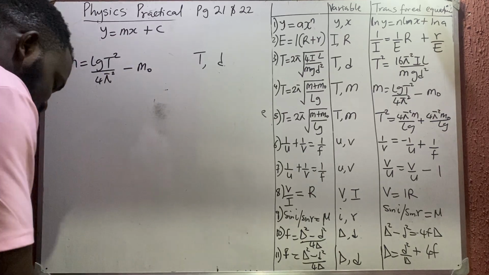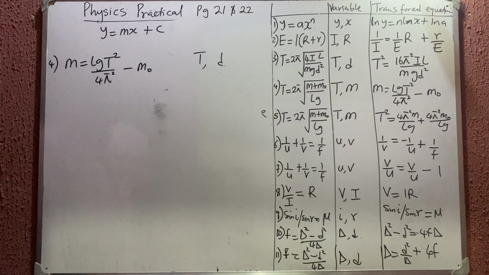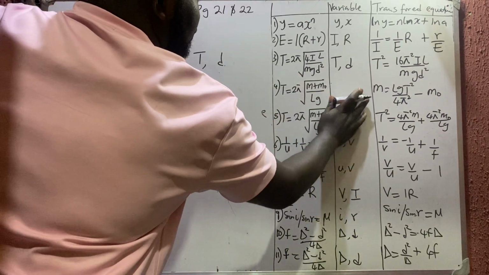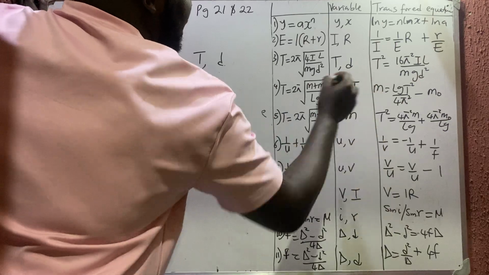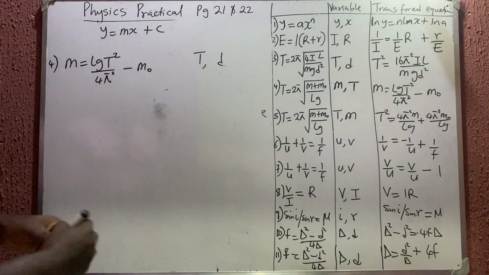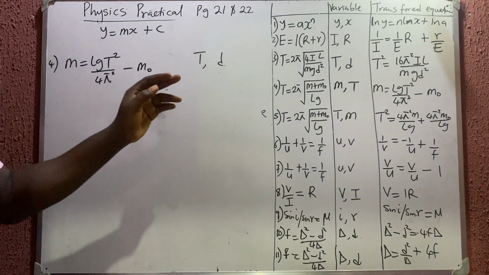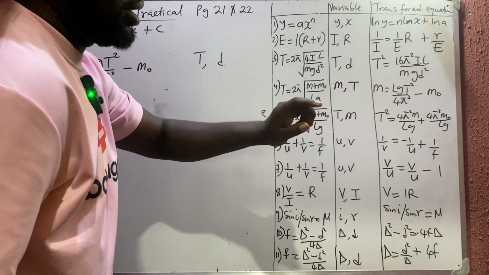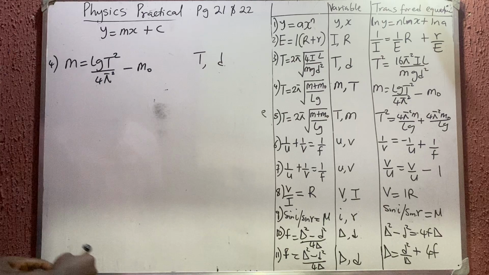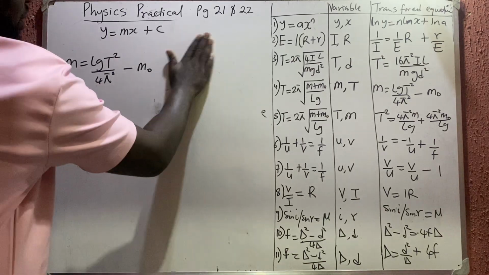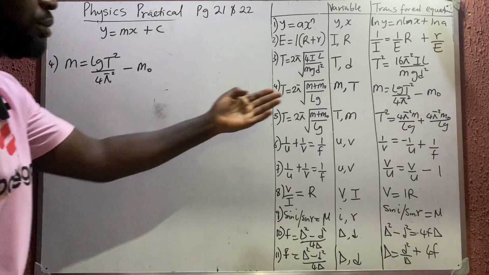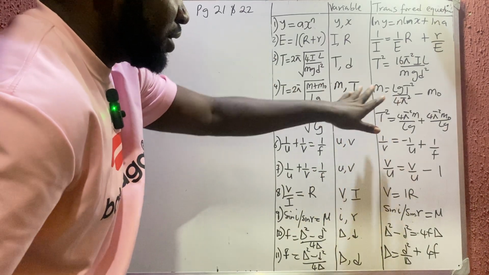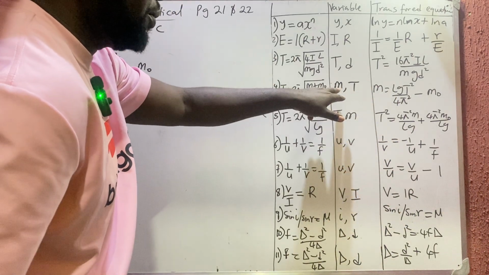Now, in this particular question, to me, there is a problem here. They are supposed to write this thing as m comma t and not t comma m, because if you look at that transformed equation, m came first here. So this is how they are supposed to write it. So there's a mistake. There's supposed to be m comma t and not t comma m. You can equally verify it from the lecturer yourself. Tell him, show him this, and then ask him, sir, from this transformed equation, I'm seeing that my m is supposed to be